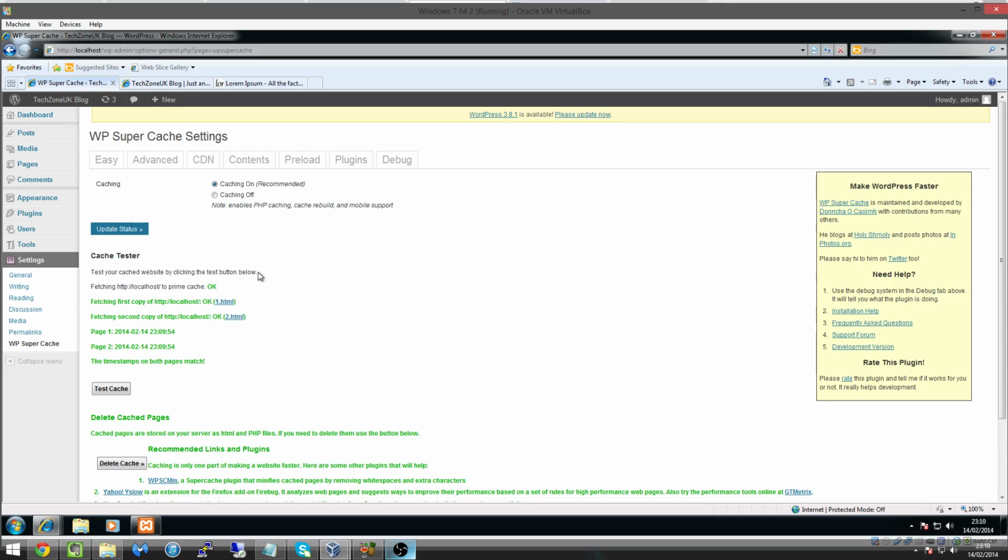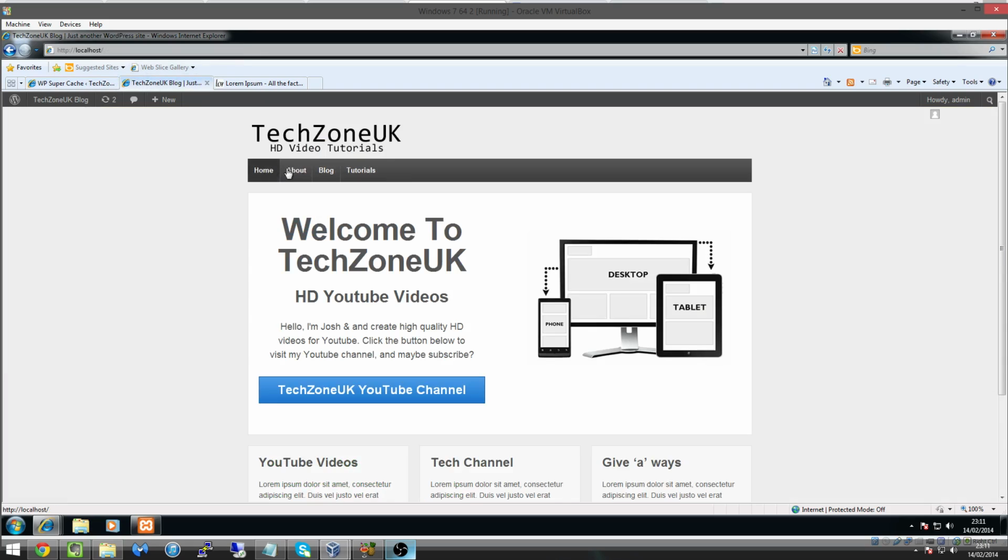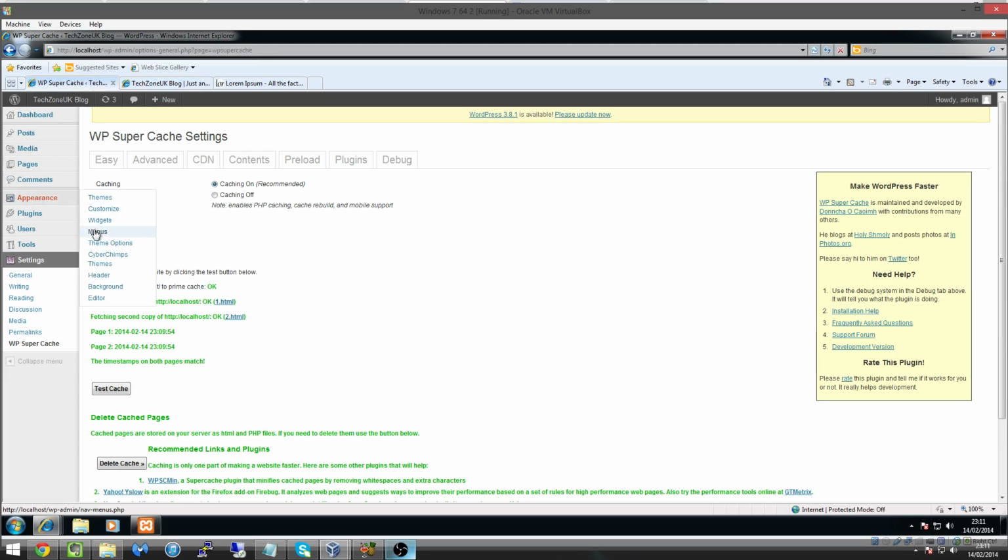But yeah, I'm probably going to be doing a couple more videos soon on users. Menus I'm finding quite hard on this theme. I know I said in the last video that I want to go into menus. Menus allow you to edit the menu items in order here. Some themes allow it, some themes don't. But if your theme does, all you do is go to Appearance and then Menus, and you need to create